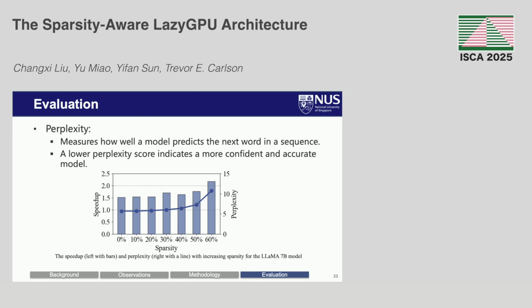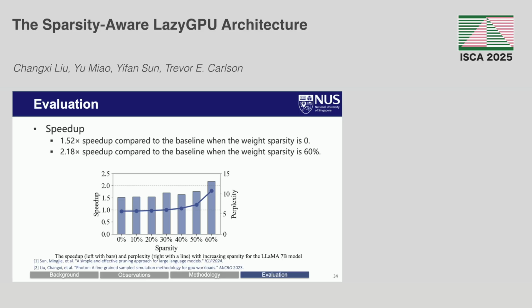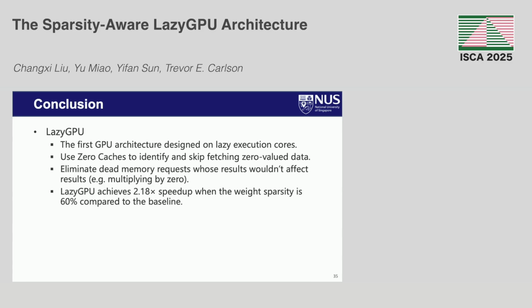And there are some results of the large language model, like perplexity. We use the weight sparsity from Wanda. We just evaluate up to 60% because when it is larger, the perplexity will be very high, so it's meaningless. We found that when the sparsity is 0, which means just the normal inputs with very few 0s, we can still get like 80% speedup. And if you have unstructured 0s, we can have about 2 times speedup compared to the baseline.